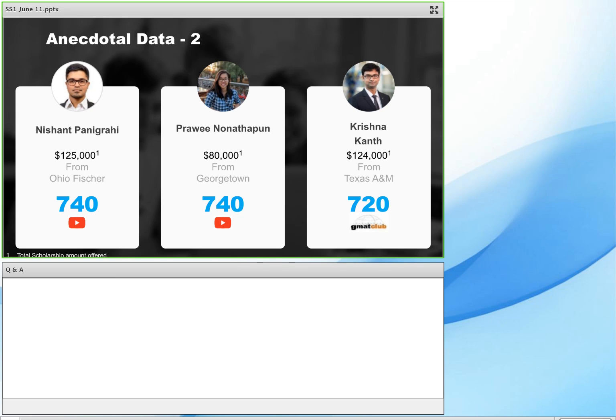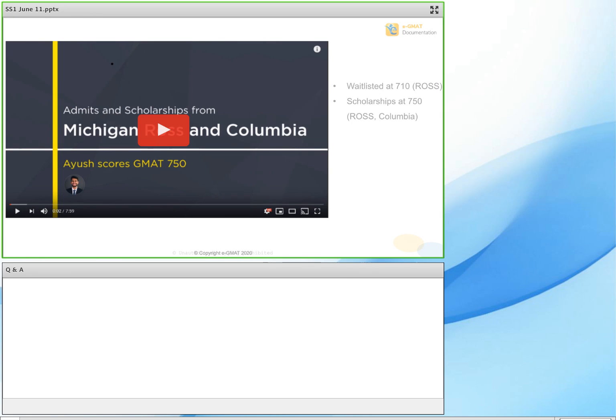Similarly, you talked about these students. You can really see their highest scholarship amounts. Again, KK also got multiple full rides, very similar to Kongbui's case. What's the average work experience for these people? About between 4 and 7 years is the average work experience. In fact, if you want to actually see some of these,